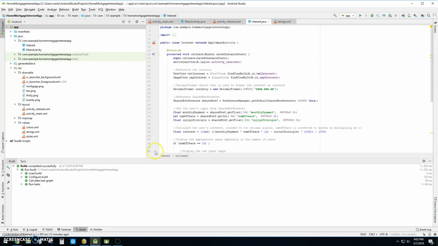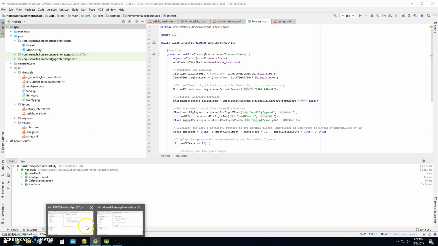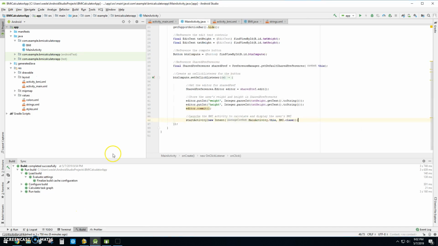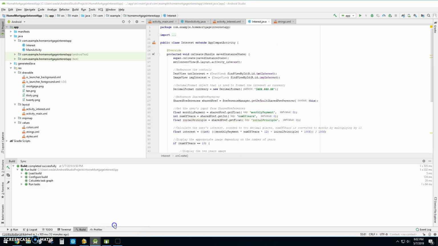Alrighty, so we've got our Chapter 11 projects here, so let's jump right into it. I decided to do two easy projects here, so I think what I've got pulled up right now is in order. We got the BMI calculator app, and then the home mortgage calculator,